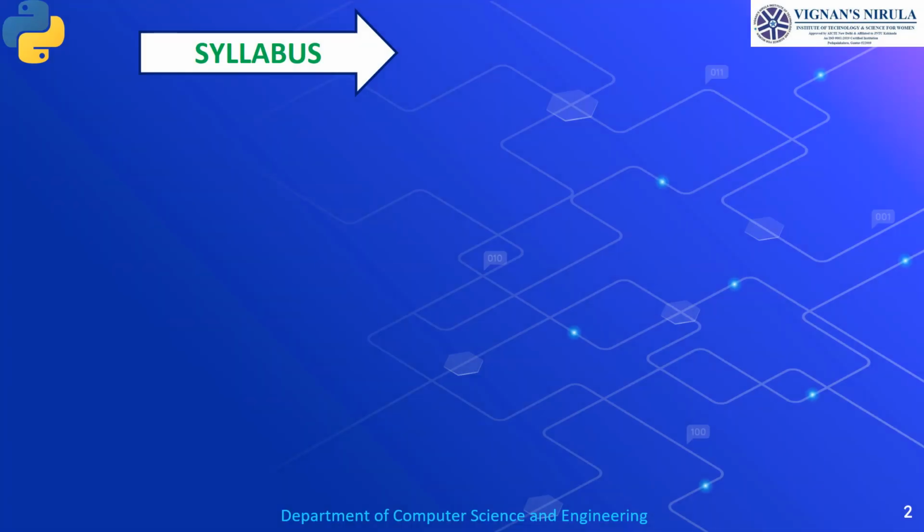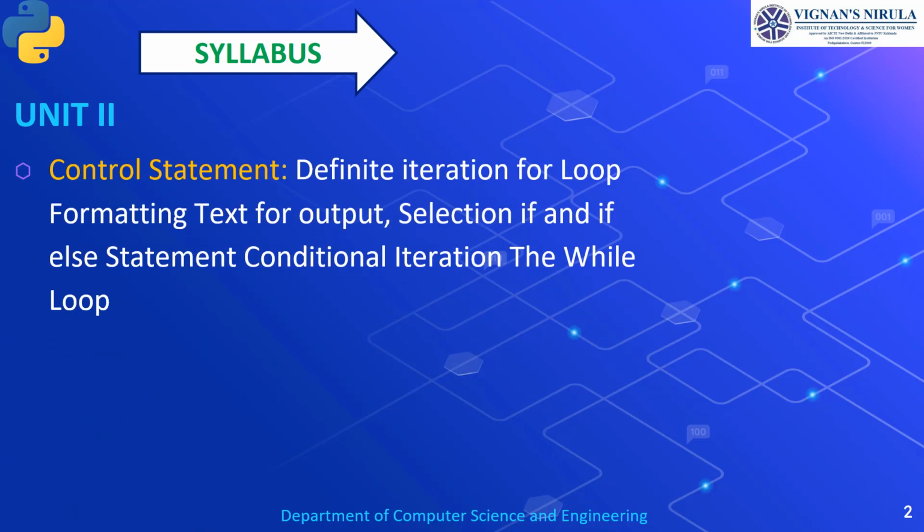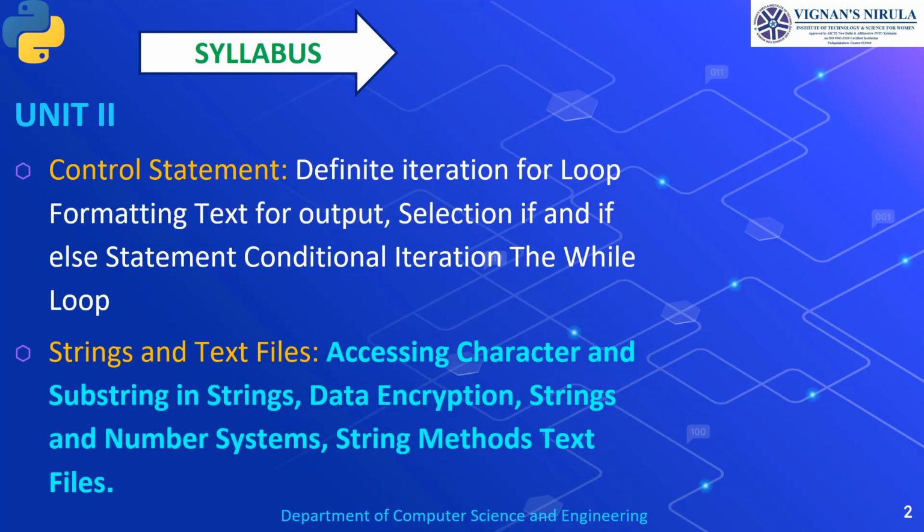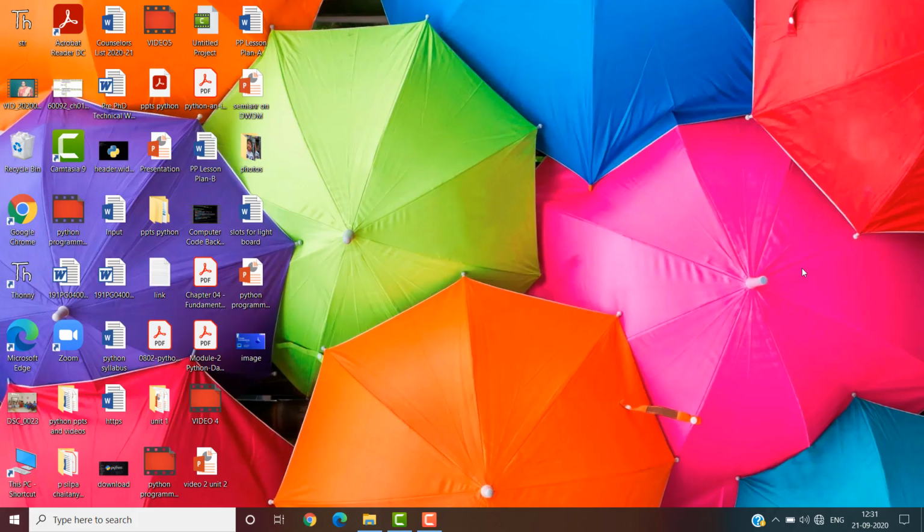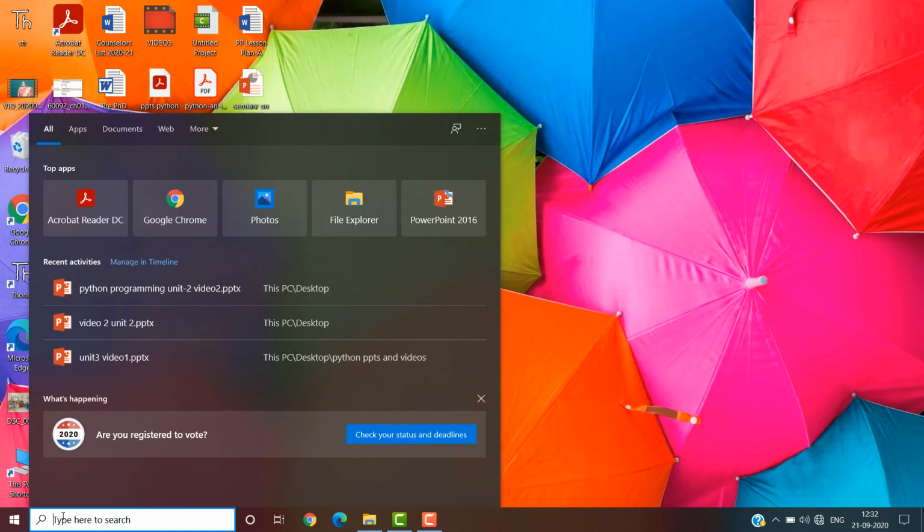In the last class we have seen the control statements, the various decision control statements and their syntaxes. So in this video I would like to give you many examples related to these control statements. Let us see the examples one by one. Start with the first control statement, that is if. Let us do the example programs related to if.